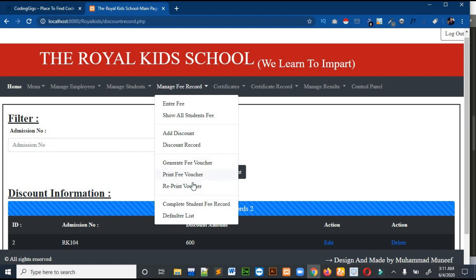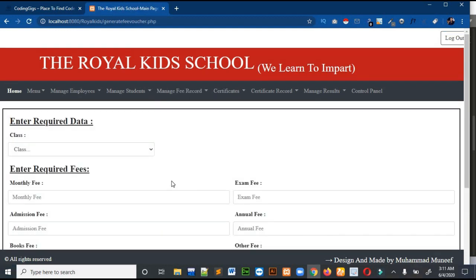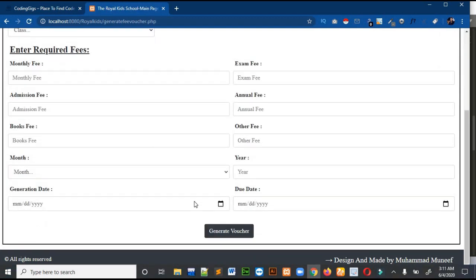So after this section, for generating fees vouchers, I am generating the fees voucher of the whole class, only once, okay. Then we will print the vouchers for the whole class in one go, okay.